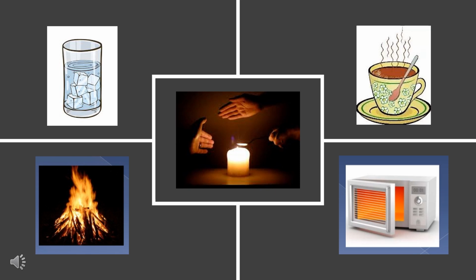Then we come to the microwave picture given here. In the microwave we have electricity which generates heat, and because of which the food item kept in the microwave gets cooked or heated up. So again here we have production of heat, and the heat is transferred from the surroundings in the microwave to the food which is being cooked.